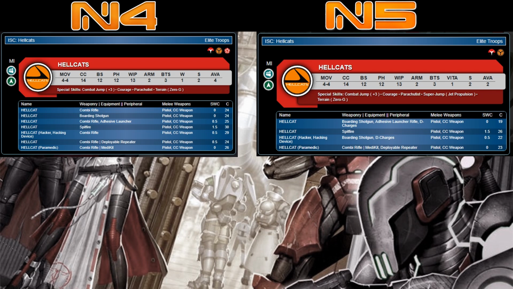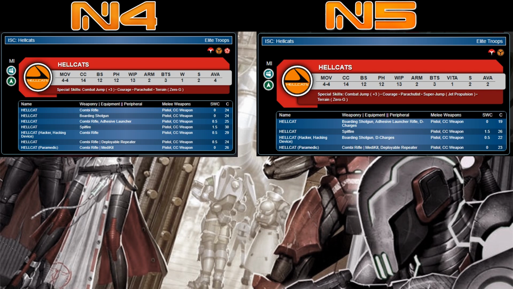So basically the attributes remain the same for the Hellcat. There's an obvious reduction to the number of profiles. There's only just 4 now, and it looks like there's been a merging of some profiles. And I think these were probably the 4 most common profiles to take. So the paramedic profile obviously was a specialist that you could land when you need it, or have it land in the midfield to revive a key trooper. It has now been given the deployable repeater profile, so it makes it more multi-use, which is good, and probably one of the more keen